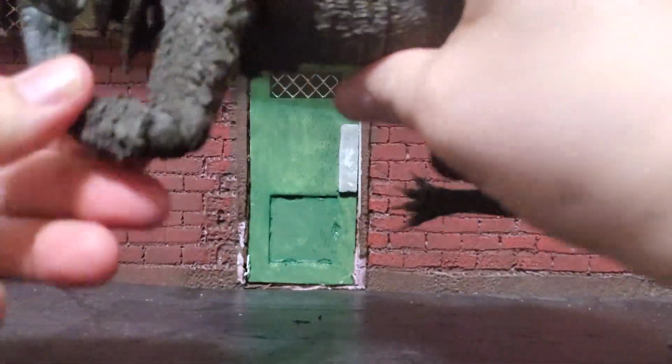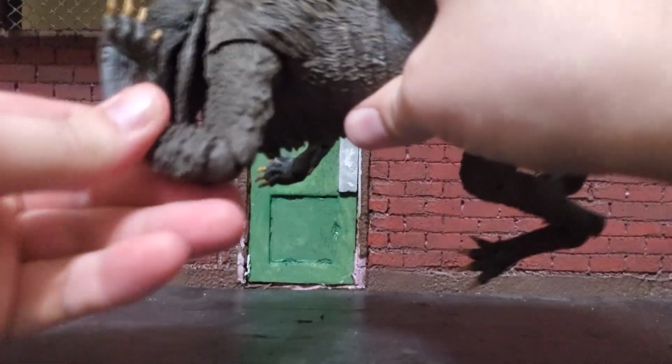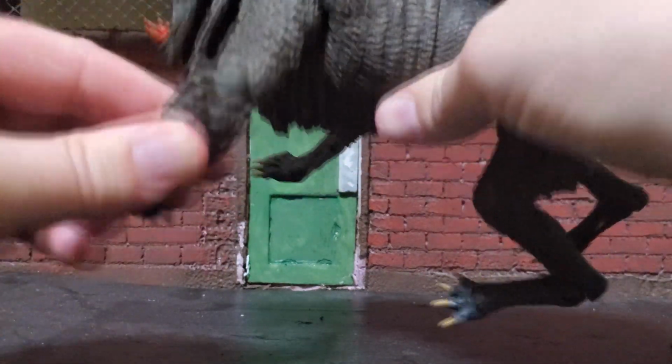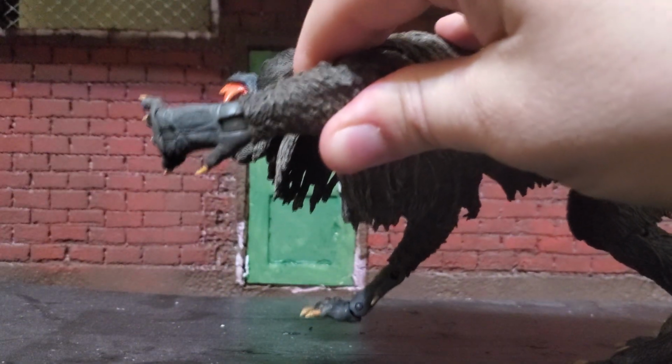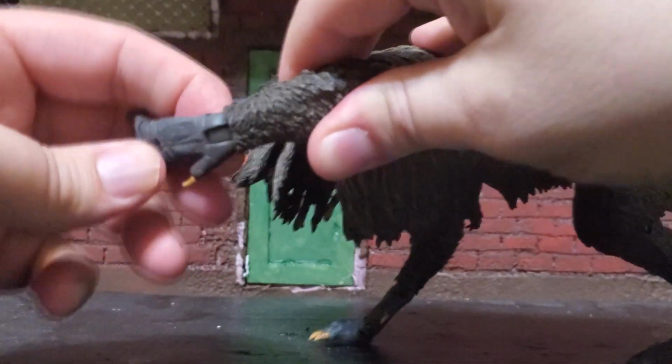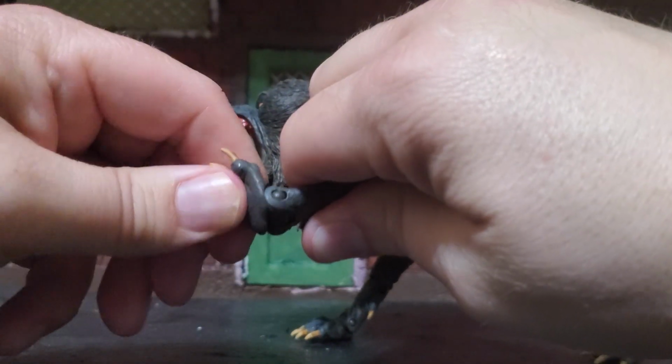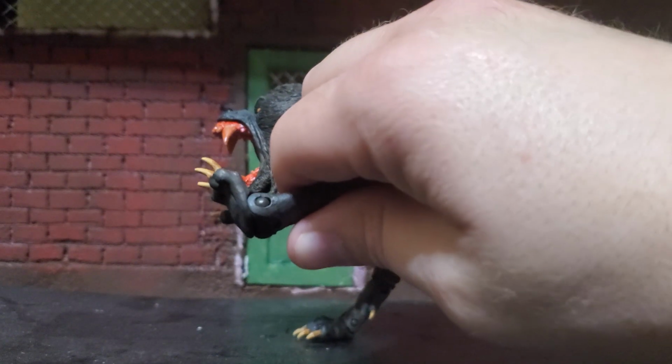We can bend at the elbow, single joint, but it gets in tight enough, I think, for this character. You can also rotate at that joint. You can rotate at, I guess you'd call it the wrist, as well as hinge there. And then at the toe, you can also hinge up and down. And there is no pivot in that or anything, I don't believe. You might be able to get a little bit out of it, but I don't think it's really meant to